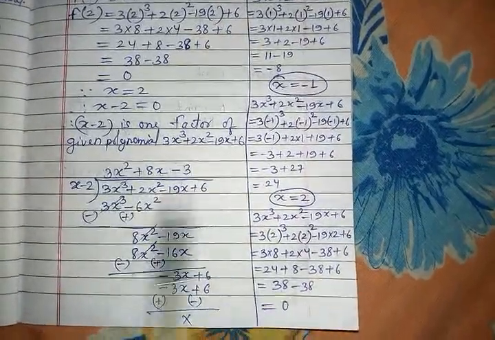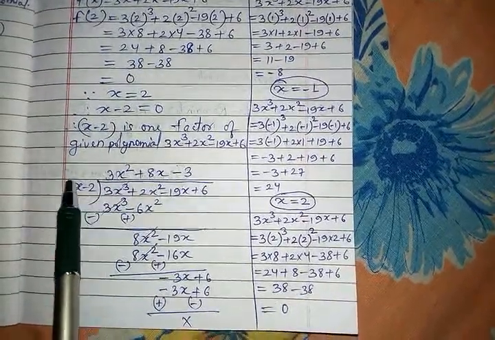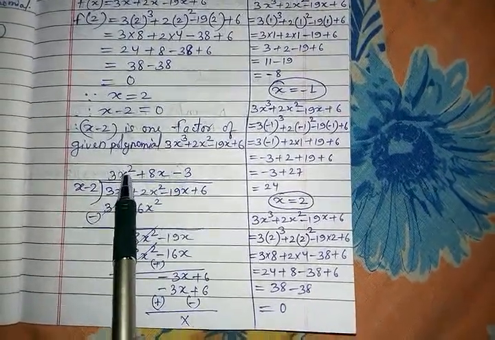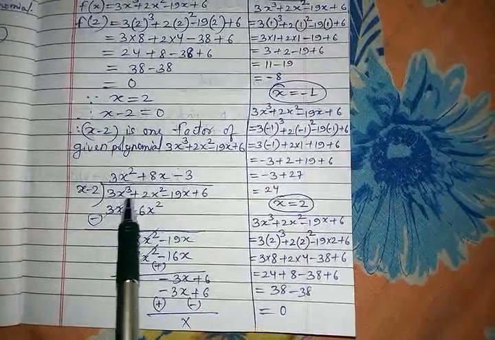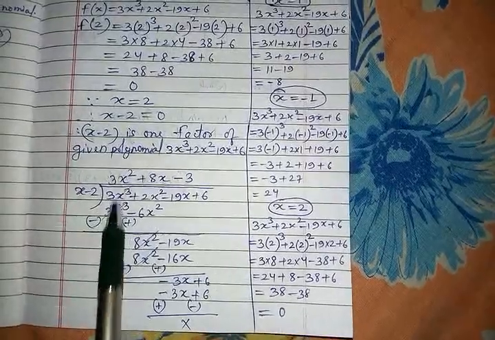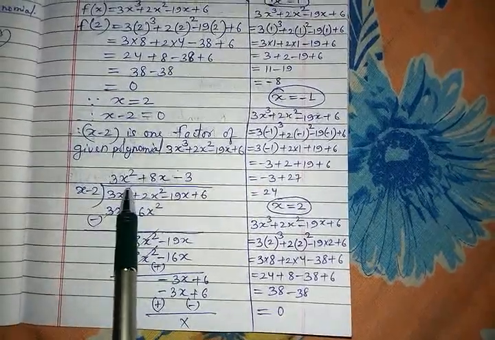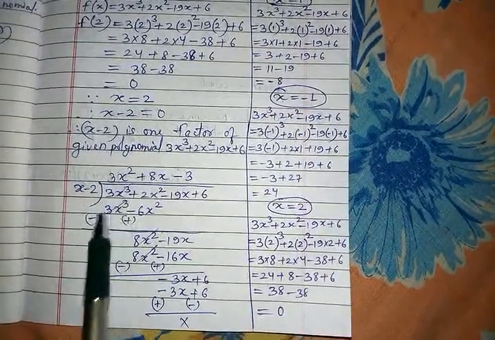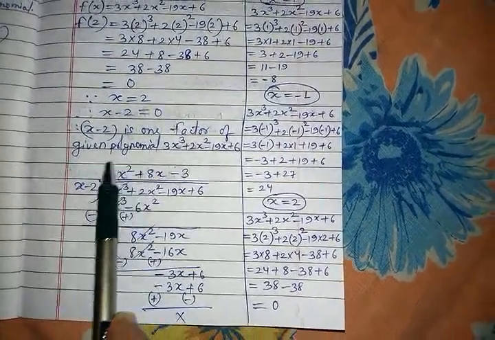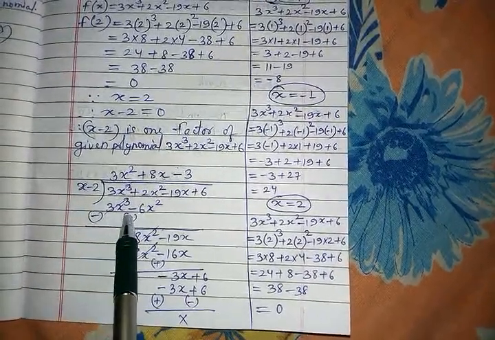Now how to divide is very important. Here there is 3x cube and here there is x minus 2. You have to write such a number in the upper quotient part that it will multiply with x and give the same 3x cube. I saw here there is 3, here there is 1, 3 ones are 3, the same 3 came. Here there is x and there is x square. X into x square is x cube. So by writing 3x square, I got 3x cube, the same as what I had. So I have to target this 3x cube and write such a quotient here that will multiply with the first x and give the same 3x cube.